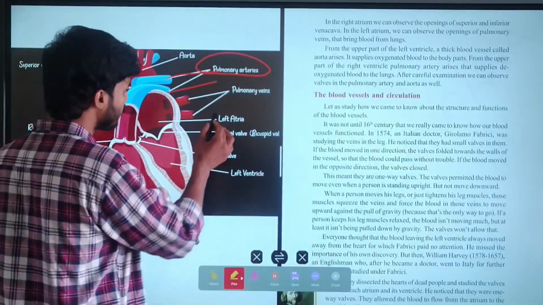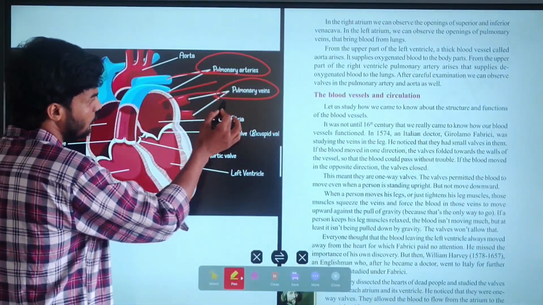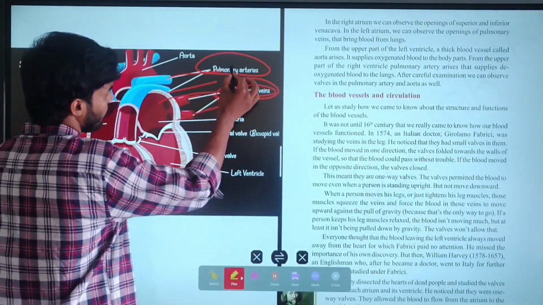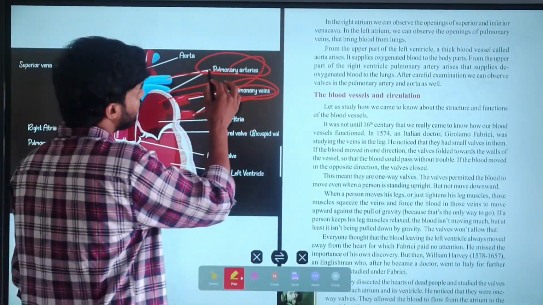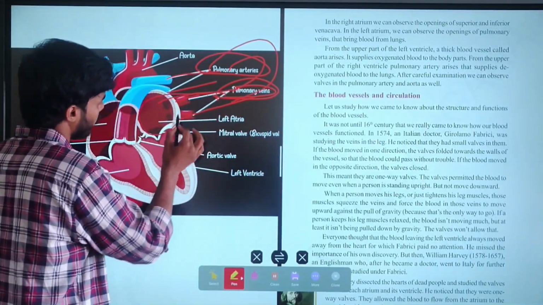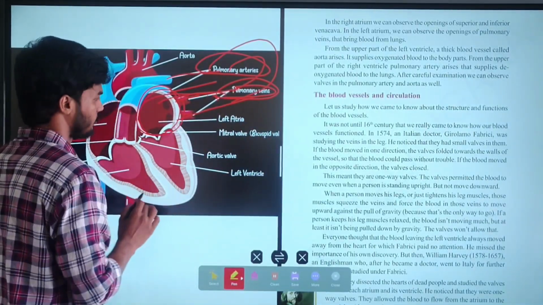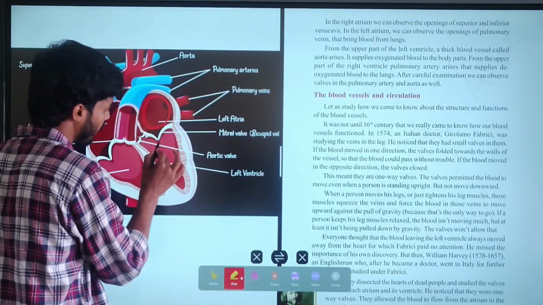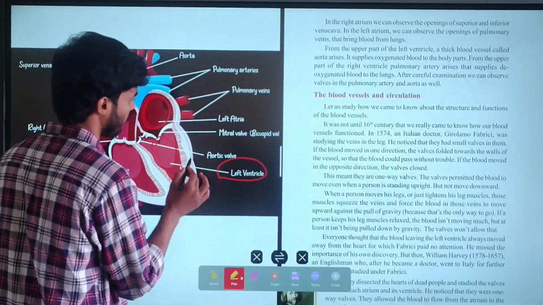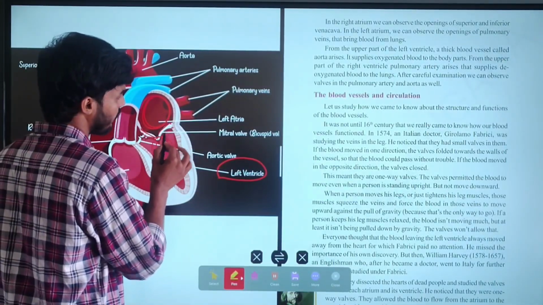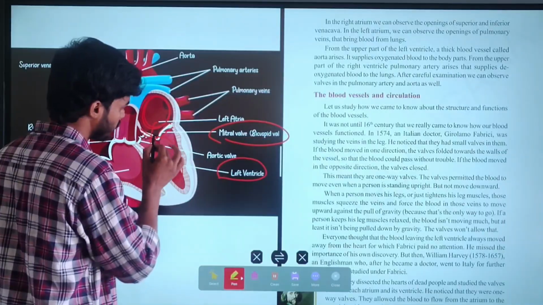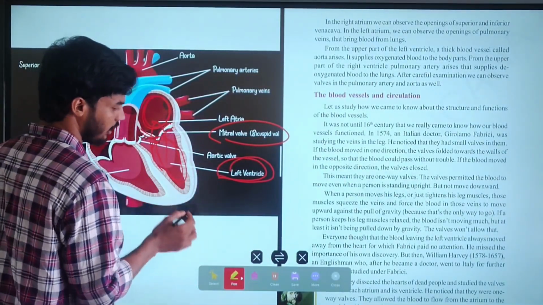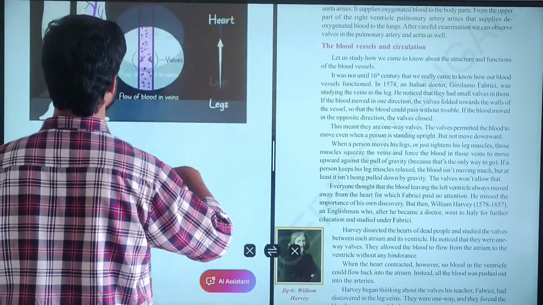After that, the oxygenated blood enters into the heart through the pulmonary veins from the left and the right arteries. Through the pulmonary veins, the blood gets oxygenated and enters the left atrium. After that, this oxygenated blood will enter into the left ventricle, which is guarded by the bicuspid valve. When the bicuspid valve opens, the blood enters into the left ventricle. After that, through the contraction and the relaxation,